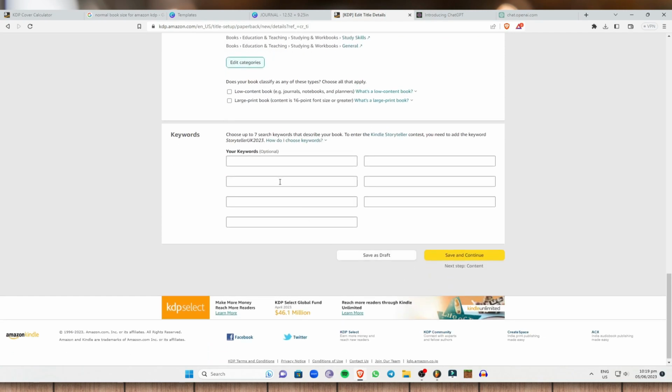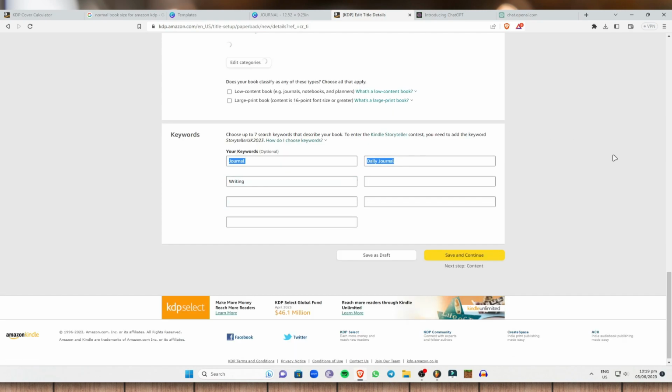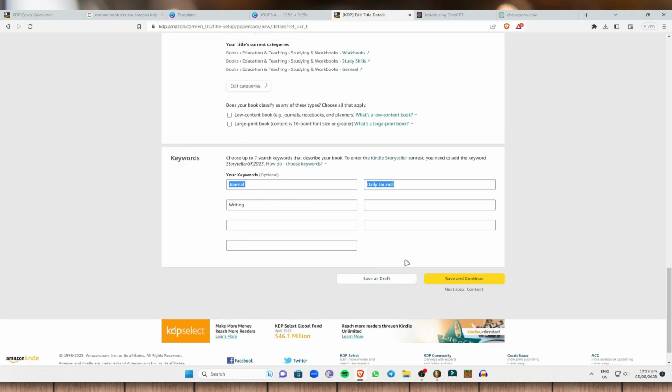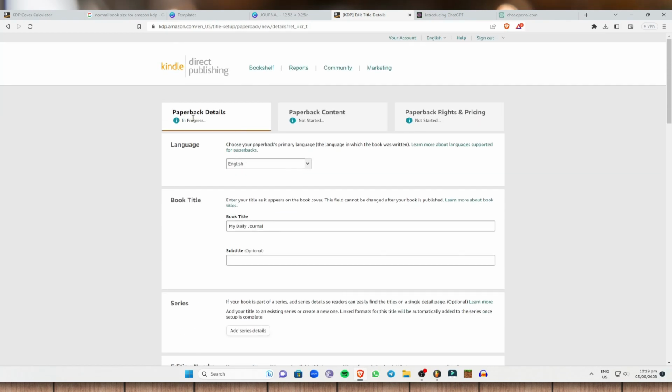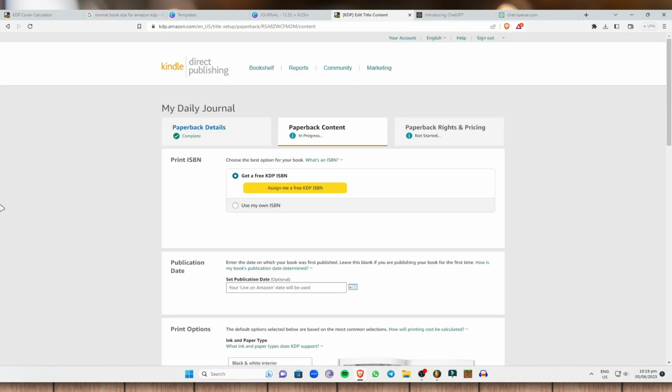Next are your keywords. You can add 7 keywords to your book. I'm just going to select journal, daily journal, or you can have writing, or whatever you feel like adding. Once we have done this, I'm just going to select save and continue. As you can see, it is now saving, and I'm going to wait for it to say save successful. And next we will go to